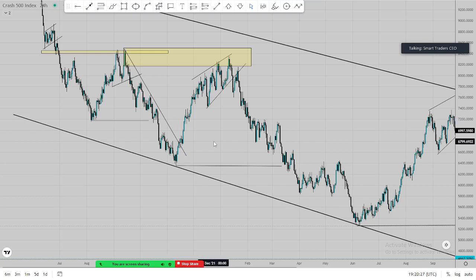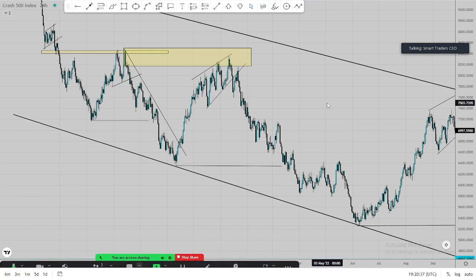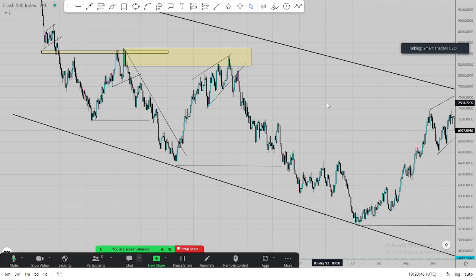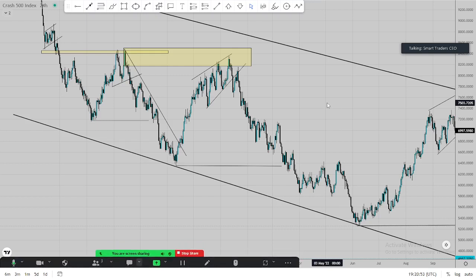Remember, for your entries, you can use your lower time frames, your 15 minutes, your 30 minutes, your 1 hour. They are okay when you're entering for the sake of getting a smaller stop loss. But for the targets, use your higher time frames, because if you use your higher time frames for your targets, it will give you that maximum potential. You benefit the most out of a trade. You benefit the most out of a setup.